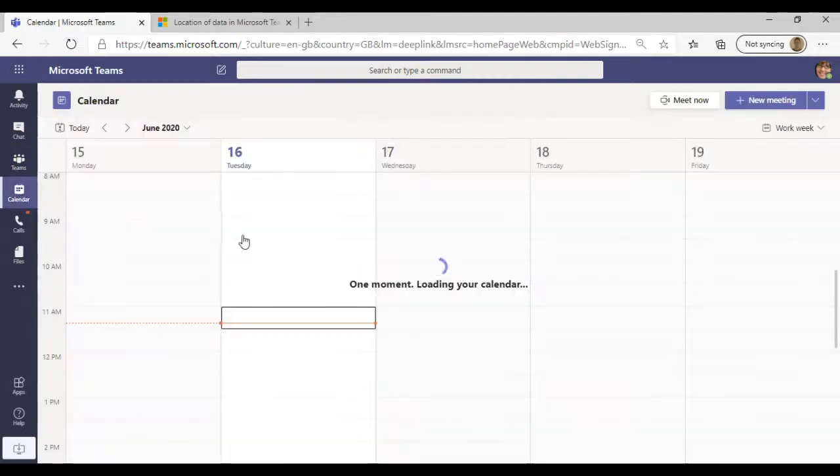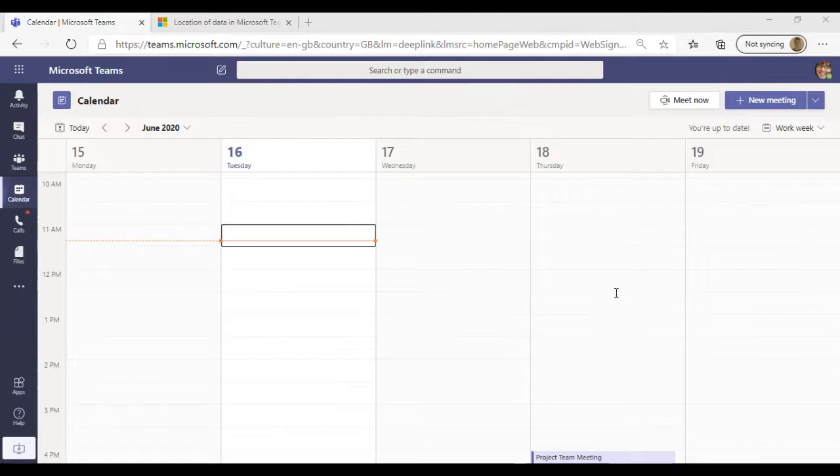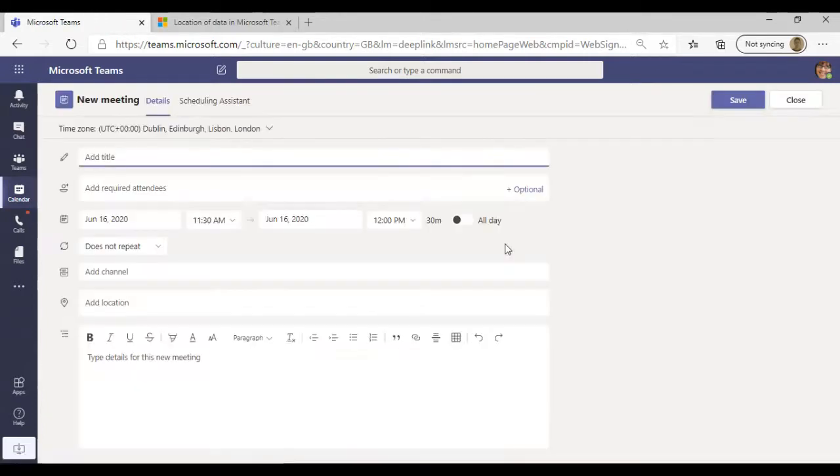So let's move on to the meetings and scheduling function within here. So meetings are actually powered by artificial intelligence, that's specifically something like the scheduling assistant. So I'll take you through the scheduling assistant. Some of you may be familiar with that through Outlook, but if we were to book in a new meeting here through Teams, worth bearing in mind that Teams and your Outlook calendar will actually sync seamlessly. So whether you book in a Teams call or a Teams meeting through Outlook, or whether it's actually through Teams itself, the invite will appear in both.